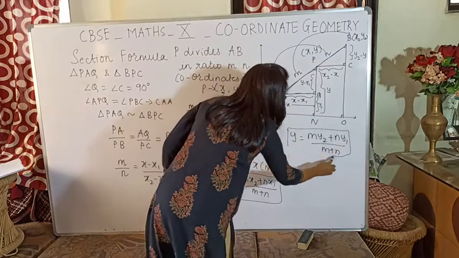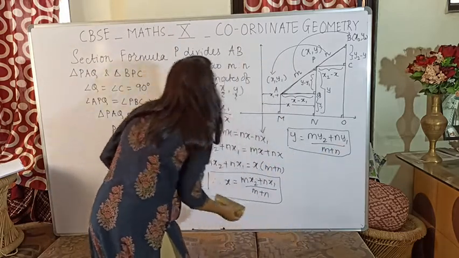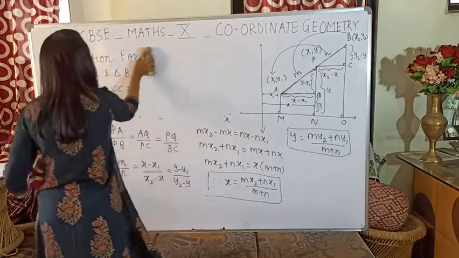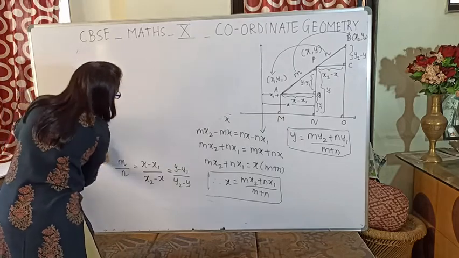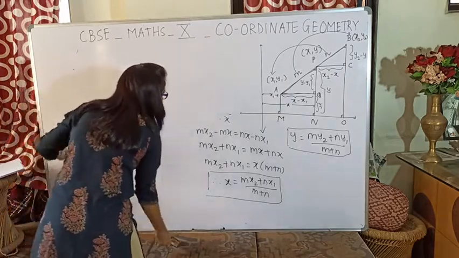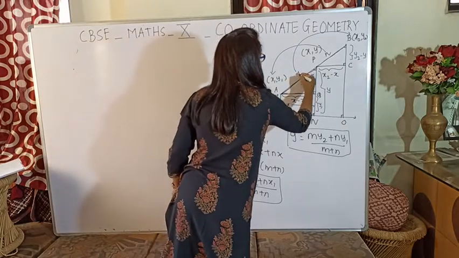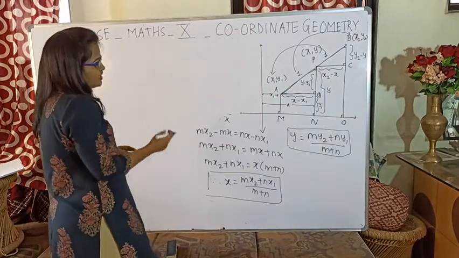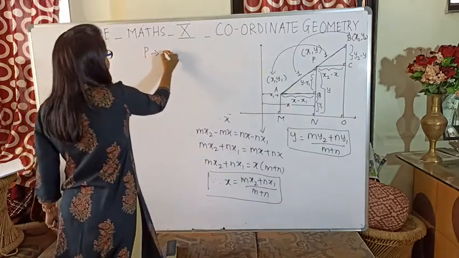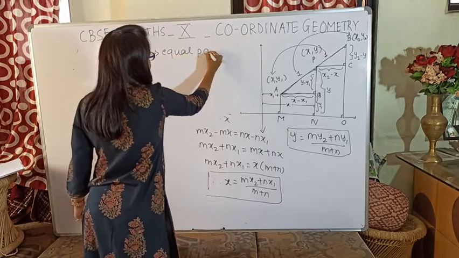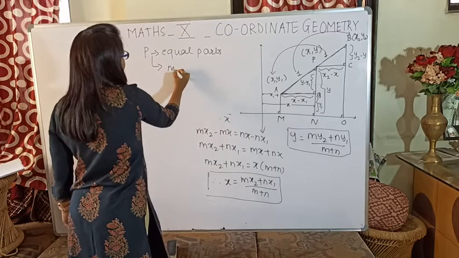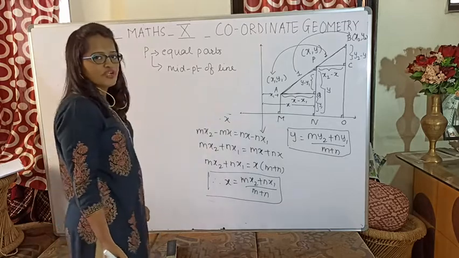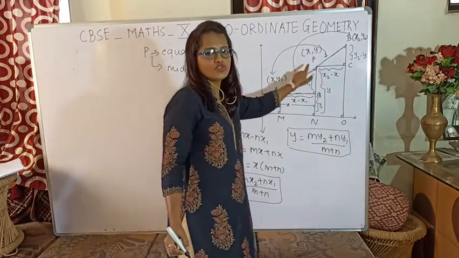Now from this we can find, what if point P is dividing the line in equal ratio? What does that mean? If a point P is dividing the line in the equal ratio, meaning this is also 1 and this is also 1. Equal ratio means what? Dividing it in equal parts. Yes. And when is this possible? P divides the line in equal parts, and it means P is nothing but the midpoint of the line. Yes or no? And if P is the midpoint of the line, it is dividing the line in equal parts, so the ratio will be